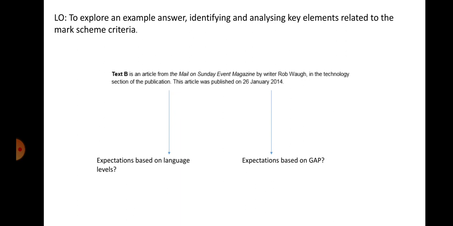Just as always, when you're given a text, start off with your expectations based on language levels. Based on the fact that it's from the Mail, that it's written by a writer for the Mail on Sunday, the fact that it's in their magazine, the fact that it's technology related, what do we expect in terms of the language used? And then anything to do with genre, audience and purpose. Is there anything we can say with regards to production or reception? The ideas that maybe the producer brings, the ideas that the receiver brings. Spend 5 minutes or so on the video.